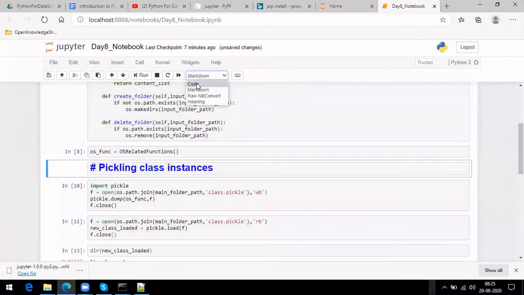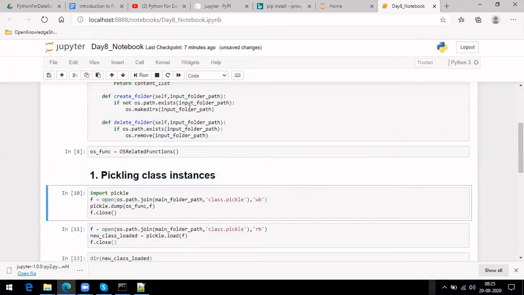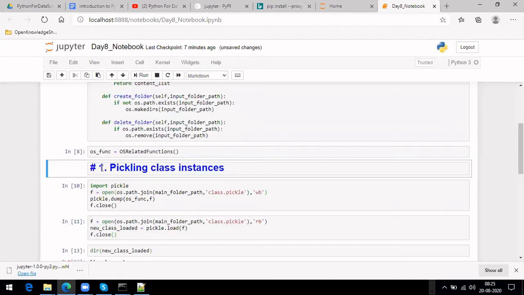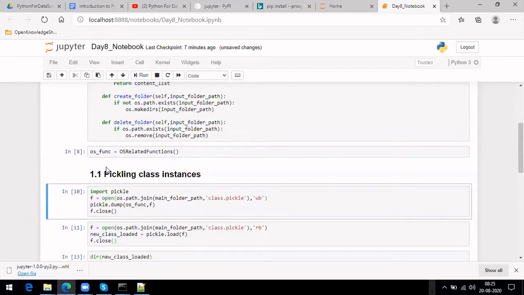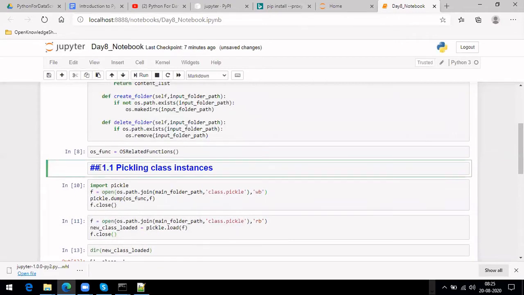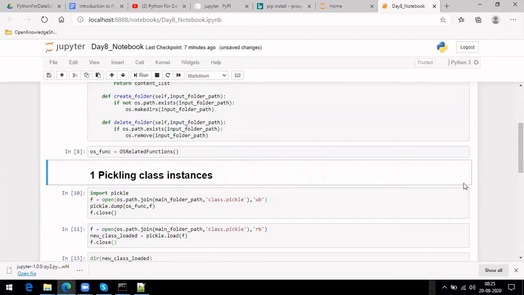Here there are four options: code, markdown, raw, and heading. Let's use all four. Now I'm going to take it as a heading. Click OK. And let me put the first section. If you press enter, it will come. And for the next point, maybe I want it as a subsection, like 1.1 or something. Then instead of one, you use two hashes here. The font will decrease. So that is one way to use Jupyter Notebook. So here, let it be one.